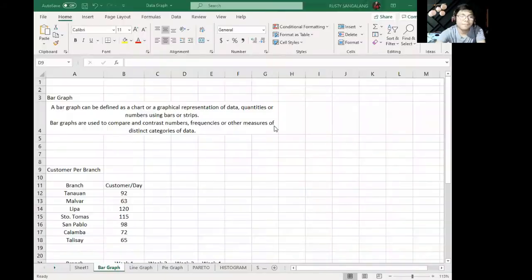So, previously we discussed the basics of Microsoft Excel as well as the basic functions na meron tayo doon. So now, we will continue to discuss the other functions of basic Excel. So, for today's discussion, I will discuss the different graphs na pwede natin gawin sa Microsoft Excel. Okay? Okay. So, first,